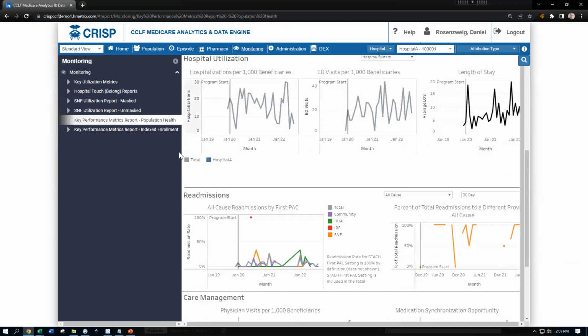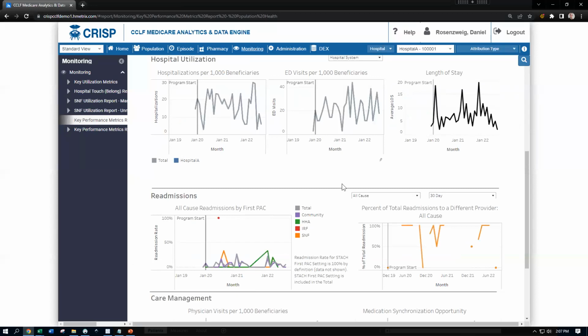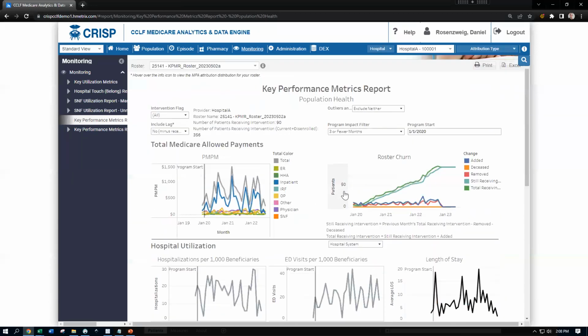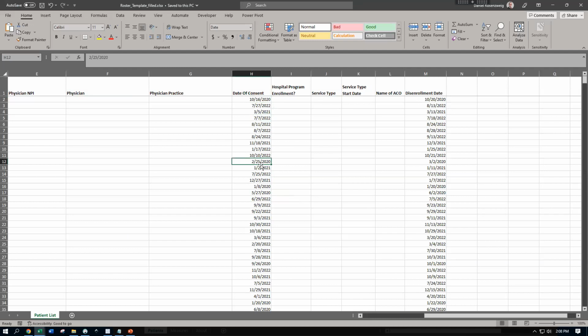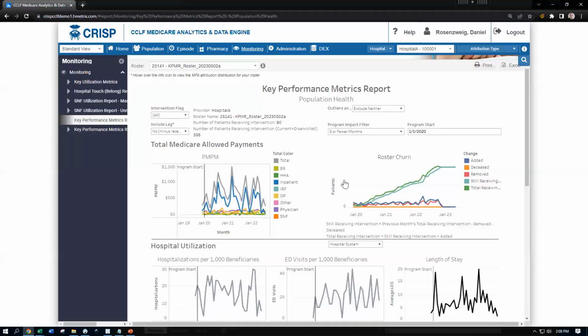I'm not sure why it didn't load as expected with the indexed enrollment, but the indexed enrollment view of the same report, where all of the charts are the same, instead of showing calendar months, stacks all of the beneficiaries' date of consent, as the field is called. So it takes all of these dates of consent, puts all of these at month 0, and then shows utilization relative to that. And so instead of being January 20, this would be month 0, +1, +2, +3, -1,